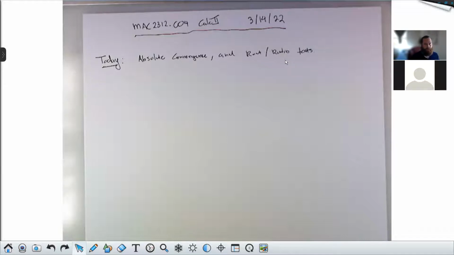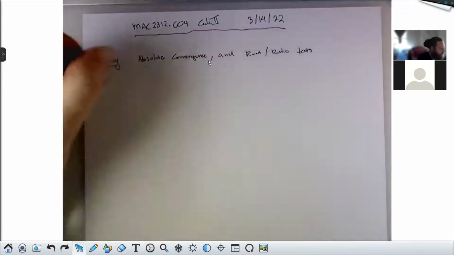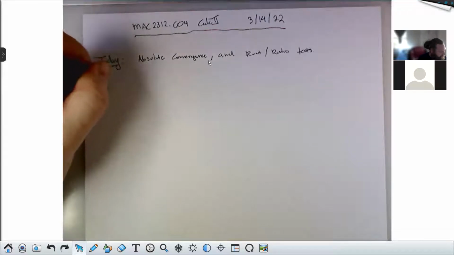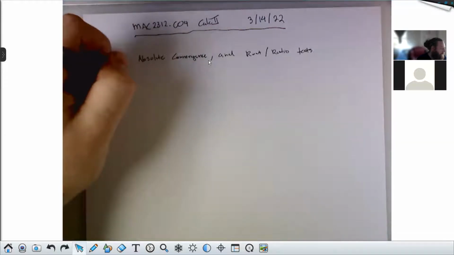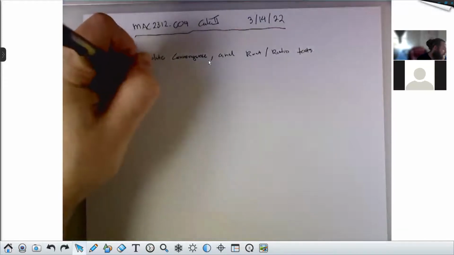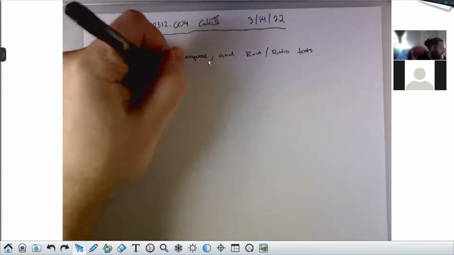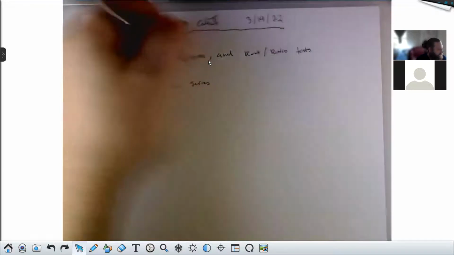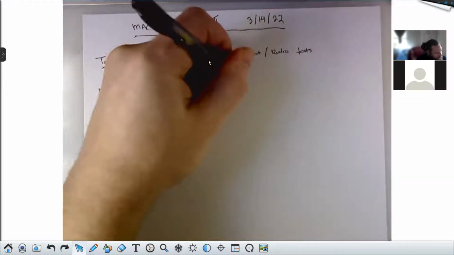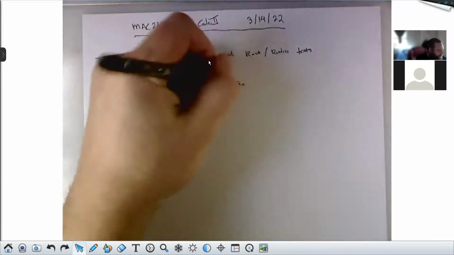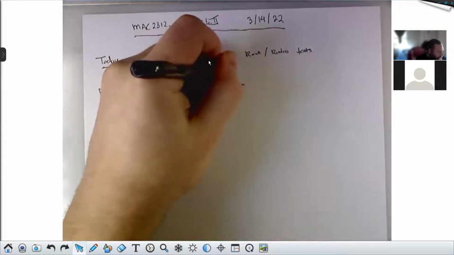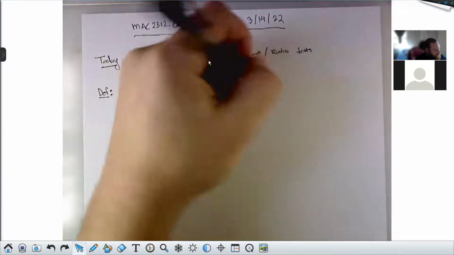Before I introduce the tests, though, I do want to talk a little bit about this notion of absolute convergence. It is a way of further classifying convergent series. So let me give you the definition and we can talk about it a little bit. We say the series sigma an, and this could sum from 0 to infinity or 1 to infinity, wherever, converges absolutely